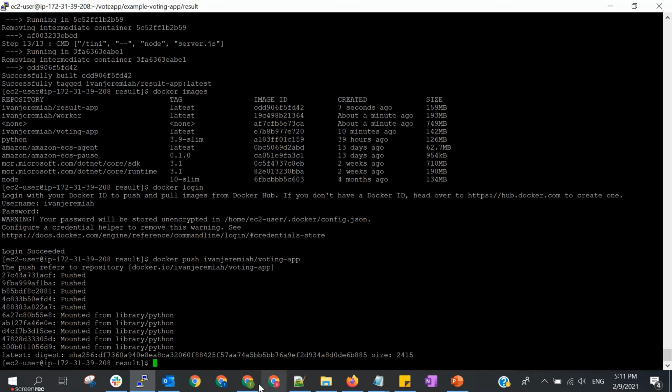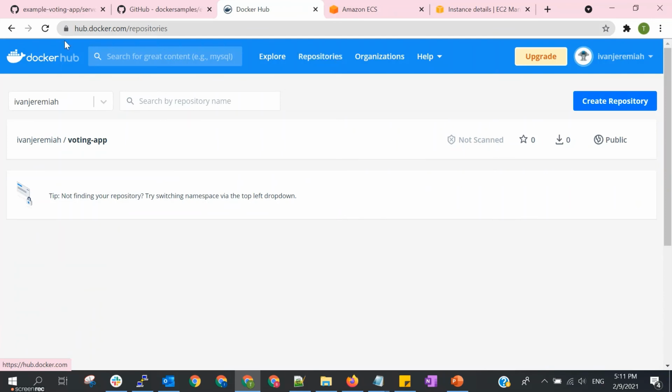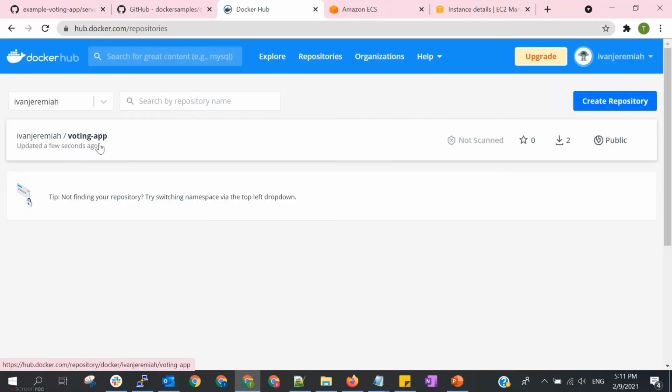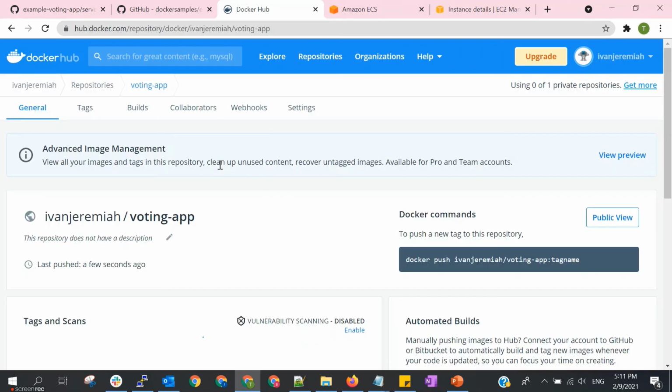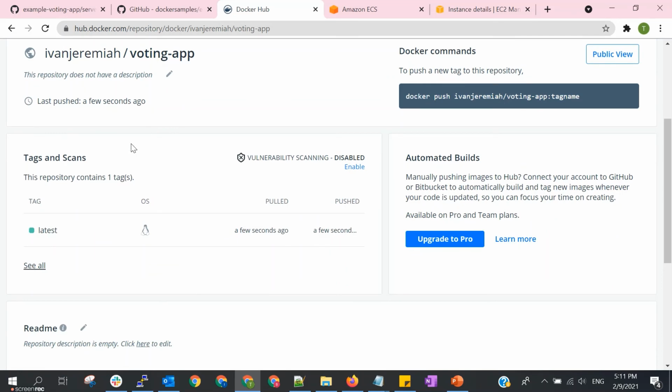Okay, it's done. If we see the repository in our Docker Hub, then yeah, we can see our image is here. Just a few seconds ago it is pushed, and the tag is latest.